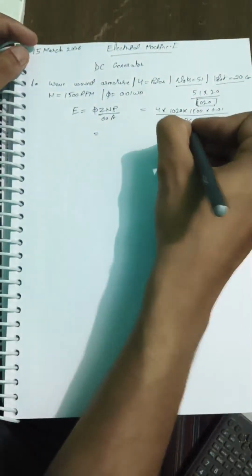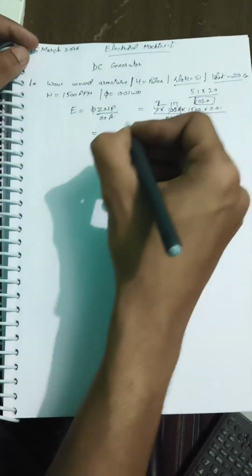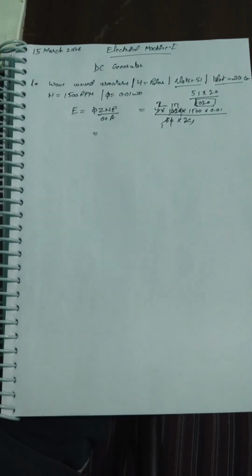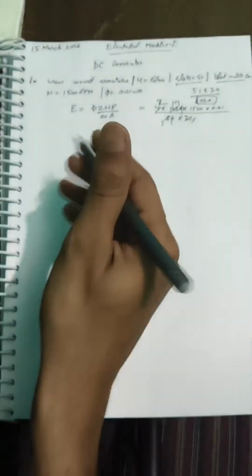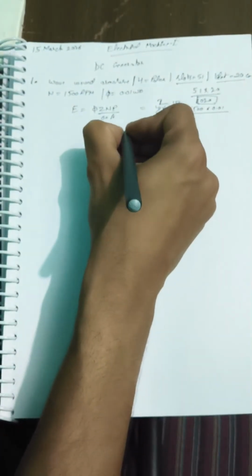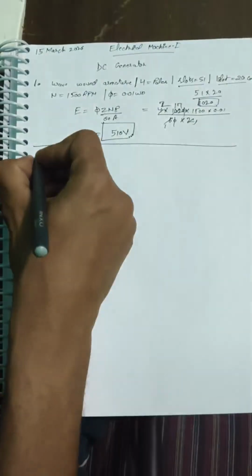So now doing the calculation, this will be equal to 2 into 7 into that is equal to 510 volt. So this is the EMF generated. Now the second question,